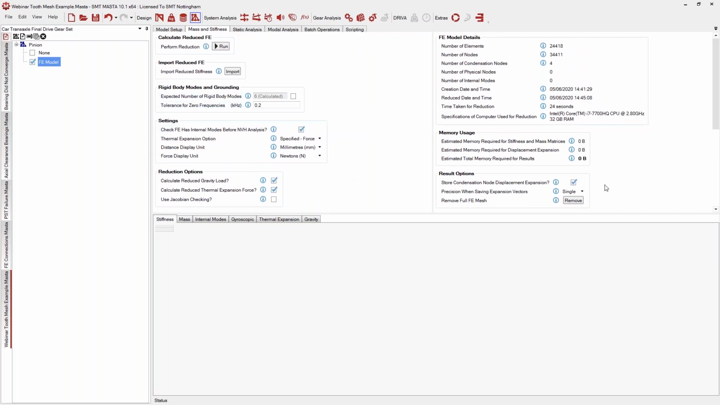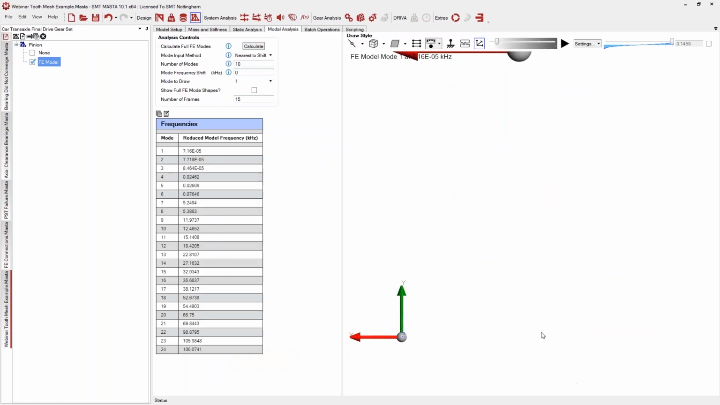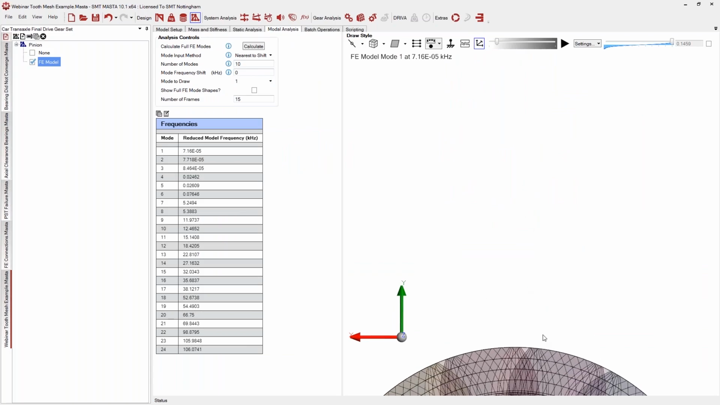The other thing that is a bit of a clue is if the tolerance for zero frequencies has to be adjusted here from its default, which I've done to show you this, that's always a bit of a clue. The default is 0.01. You can change it if you think that's unreasonable. And then it's telling us that we have 3 rigid body modes, where we should be having 6 for a shaft. And then if we go into the modal analysis tab, we do have a much nicer mesh, and our